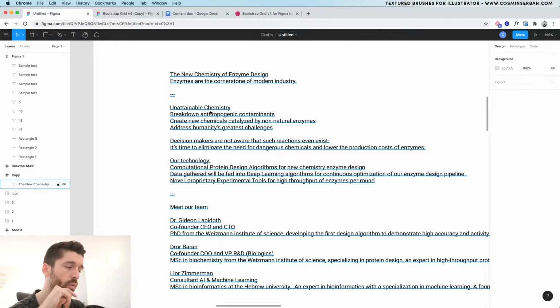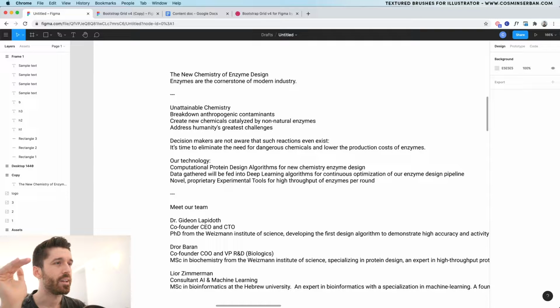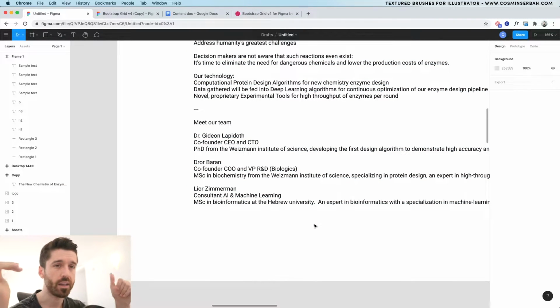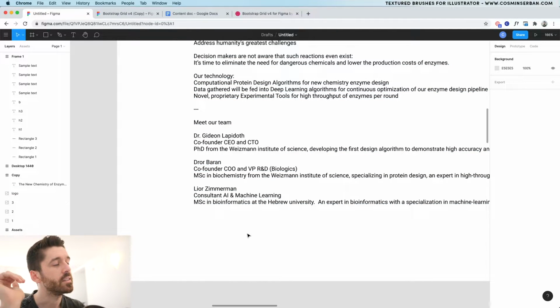We have a section where you have a couple things that make this service stand out, another benefits section, then you have what makes the technology work, and of course at the end meeting the team, getting to know them, and then having a final call to action. Again, it's not specified in the copy, but I would like to have some kind of a way to act at the end of the page if you got there.